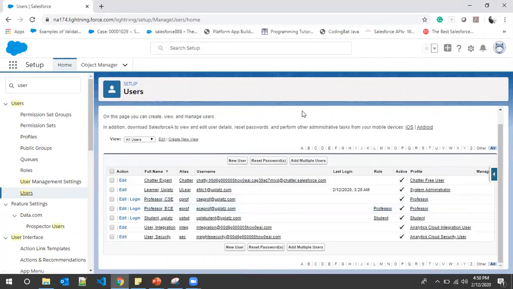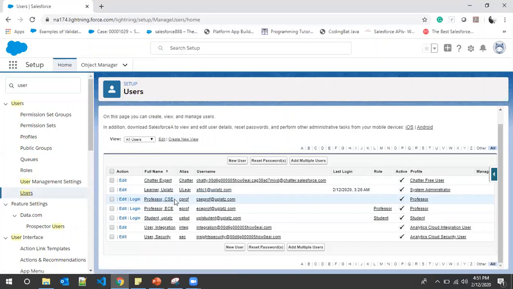Let's take a real life example. In real time, we have an application with 20 or 30 professors, and all the professors cannot delete data in the student object. We don't have many licenses available here, so I cannot create many users. So all users having the professor profile cannot delete records in the student object. Now we have the requirement that the CSC professor needs access to delete records